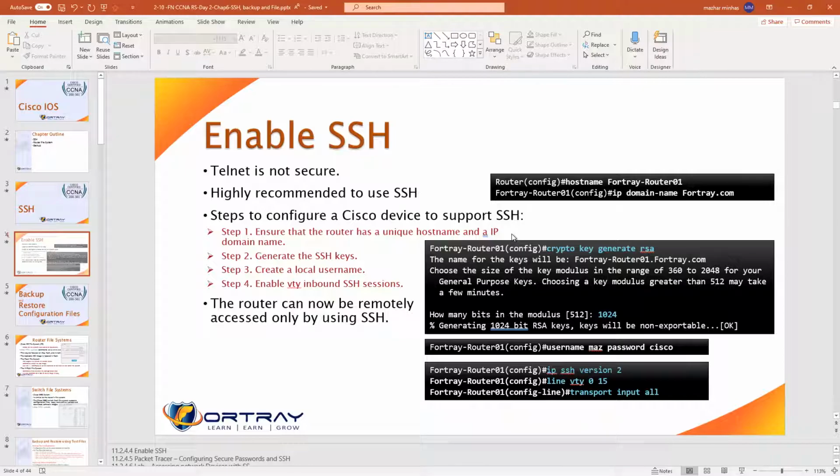We have already seen many methods for accessing remote devices. First of all, we saw the console one. For the console, we need a console cable and we need to be physically close to the router, switch or firewall. Then we also saw that you configure basic activity like IP addressing, so you can access the device remotely.